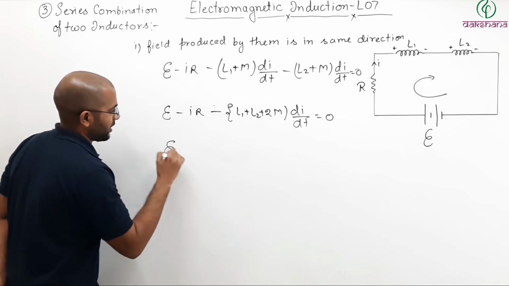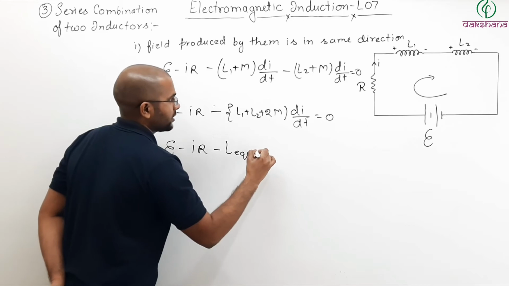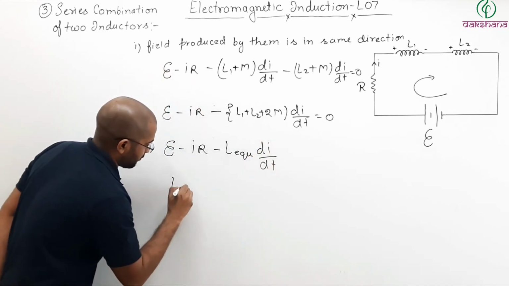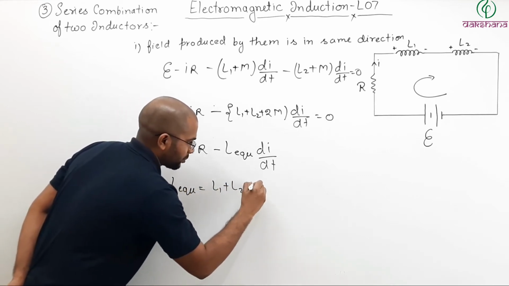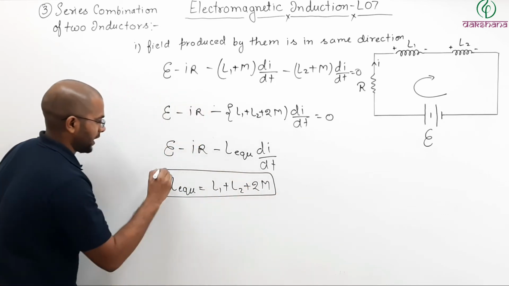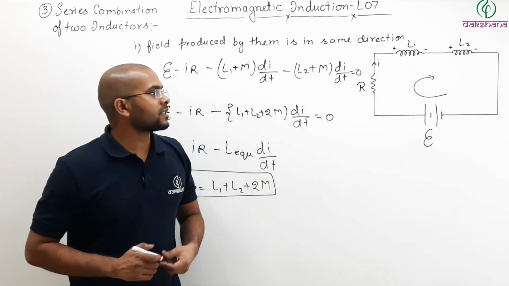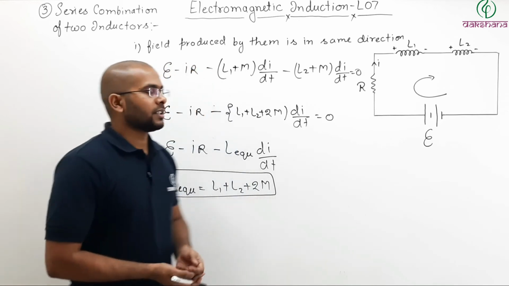So that will be EMF minus IR minus L equivalent di by dt. So here L equivalent will be how much? L equivalent is L1 plus L2 plus twice of M. So that way you can find the total or equivalent inductance of two inductors connected in series if their mutual